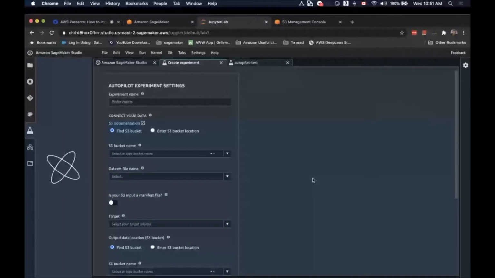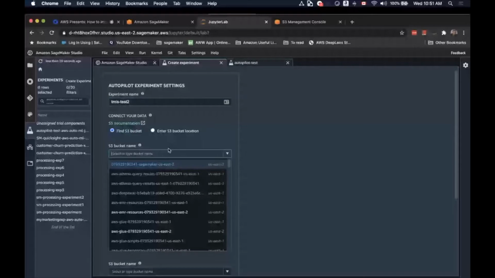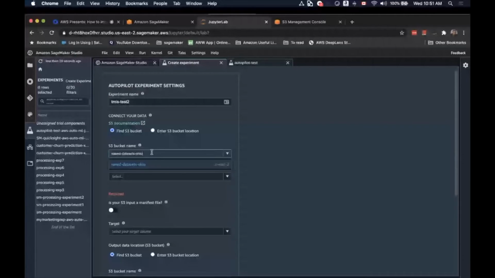You can give it a name, for example, TMLS test 2, right? And you select an S3 bucket data set that you have. I already have built a data set here, right? This data set is about marketing data for a bank, right? If I want to show you the data set very quickly,